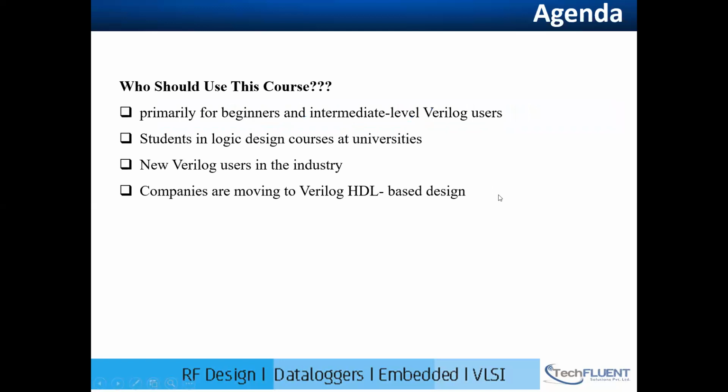Now, let us see who should use this digital design through Verilog HDL course. This course is intended primarily for beginner and intermediate level Verilog users. However, for advanced Verilog users, the broad coverage of topics discussed in this course makes it an excellent reference to be used in conjunction with the various training and manuals related to Verilog based projects.